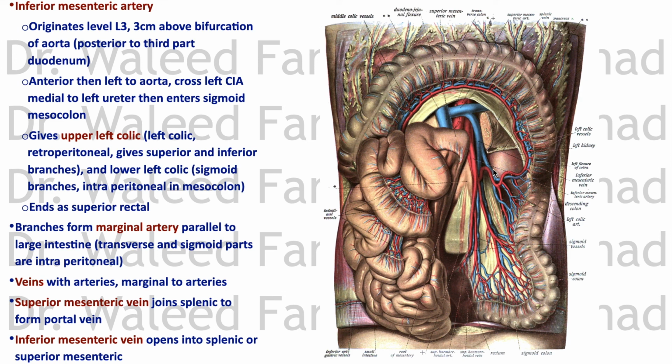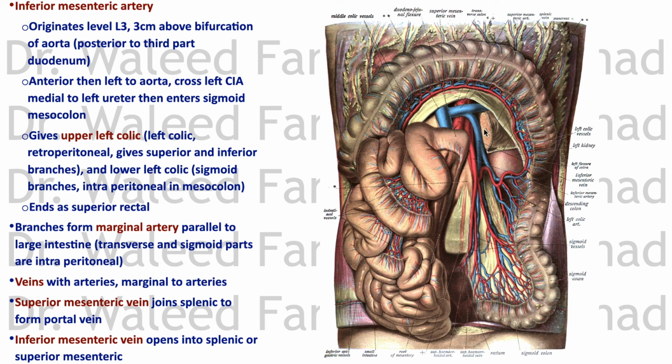Don't use lateral and medial, you will get confused. The inferior mesenteric vein is to the left side of the inferior mesenteric artery. The superior mesenteric vein is on the right side of the superior mesenteric artery. Of course, you know the story of the superior mesenteric. It will join the splenic and eventually form the portal vein, while the inferior mesenteric vein, as it goes up,